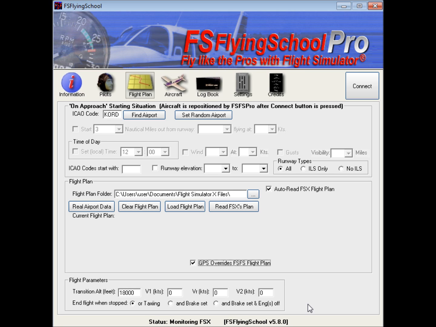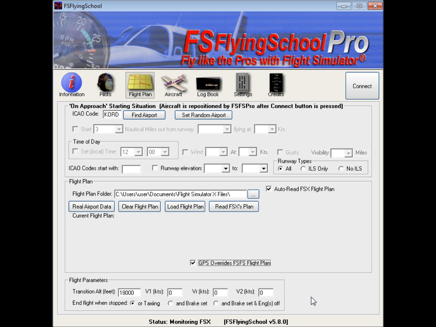Or if you're doing a more formal approach where you're getting the whole experience, you start off with the plane with the engines off, cold and dark. You go through the whole procedure, you fly your flight, and at the end of it you taxi back to parking, or you taxi back to a gate, and then you shut everything down. It would be at that point that you'd want the flight evaluated, and so you could choose one of these two options instead. It's entirely up to you, but it's important to remember which one you've chosen, because